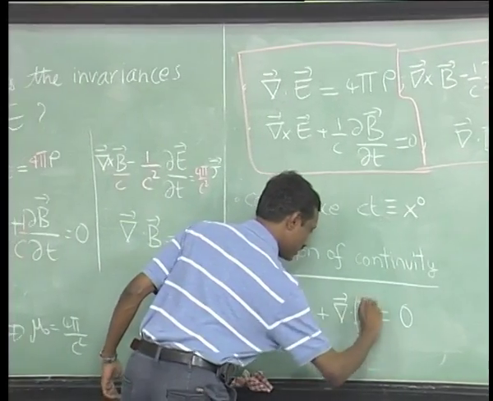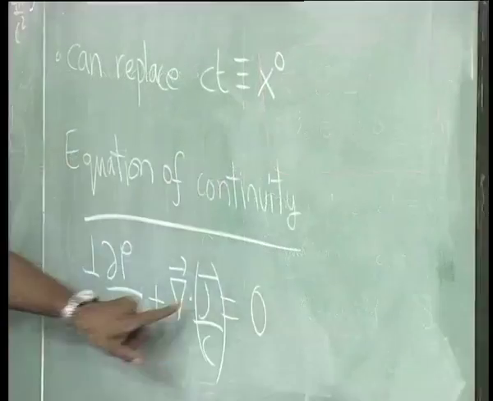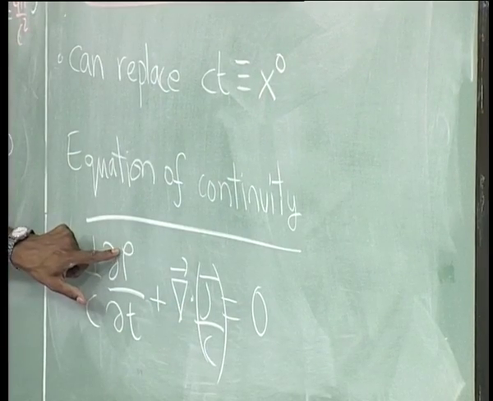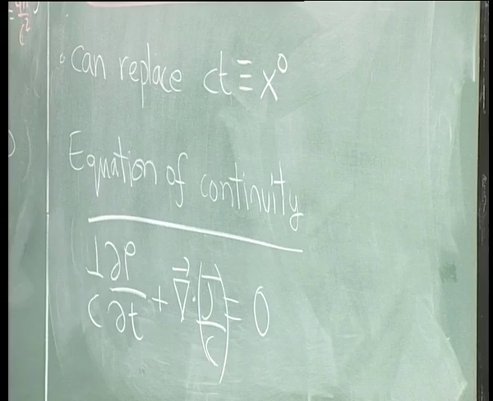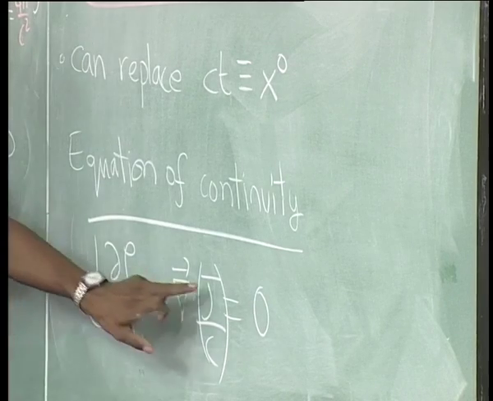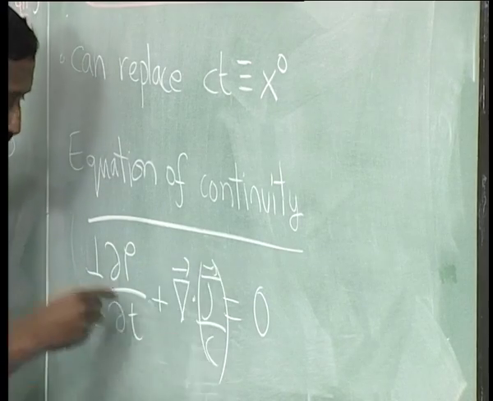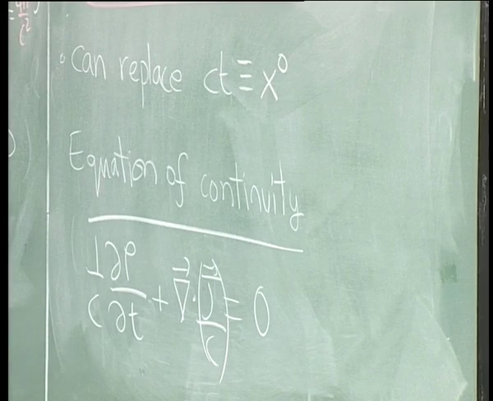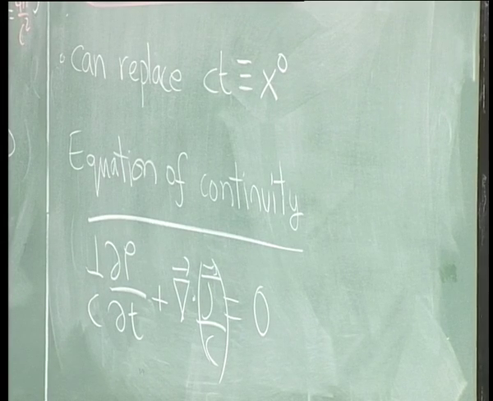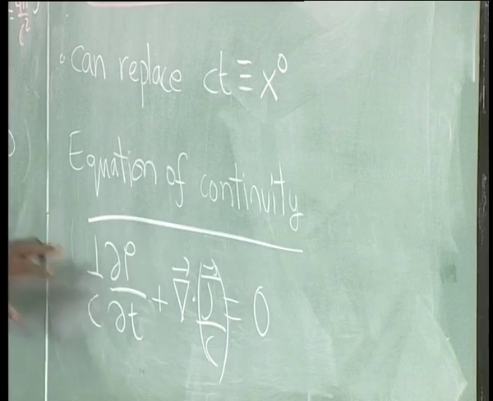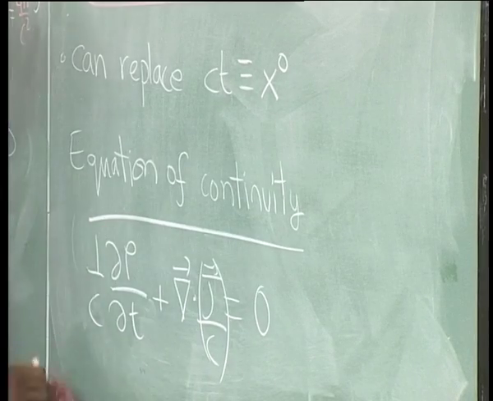So, what you see in a nice manner is that either I could divide j by c or I could multiply rho with c. You have that freedom. So, you can see that this becomes now